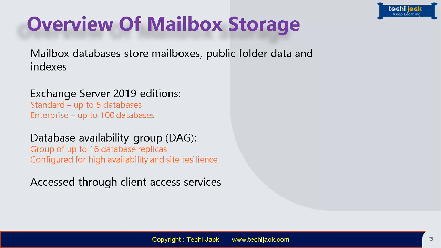The content in the mailbox databases can be accessed in different ways and by different services. For example, let's examine a common scenario in which a user wants to read email by connecting with an HTTPS client such as Outlook on the web. In this scenario, an HTTPS connection is established from a web browser to the IIS on the client access services that authenticate the user and proxy the request to the backend IIS service. In turn, the IIS backend service connects to the mailbox database, and it retrieves and renders the data and returns the data to the user.